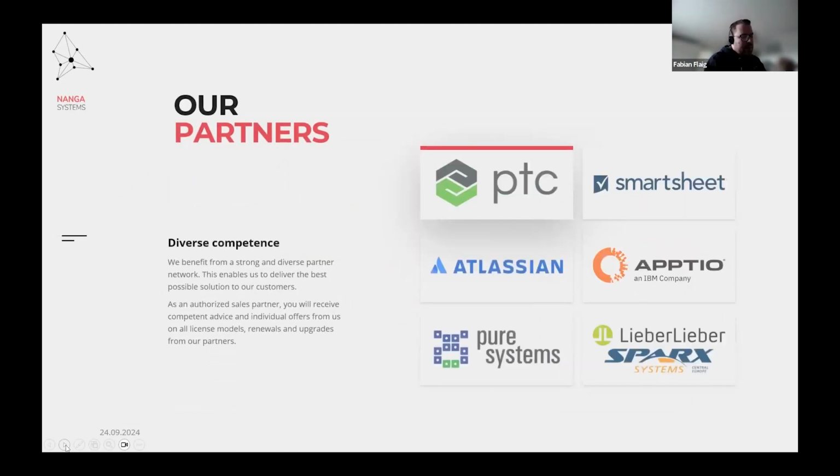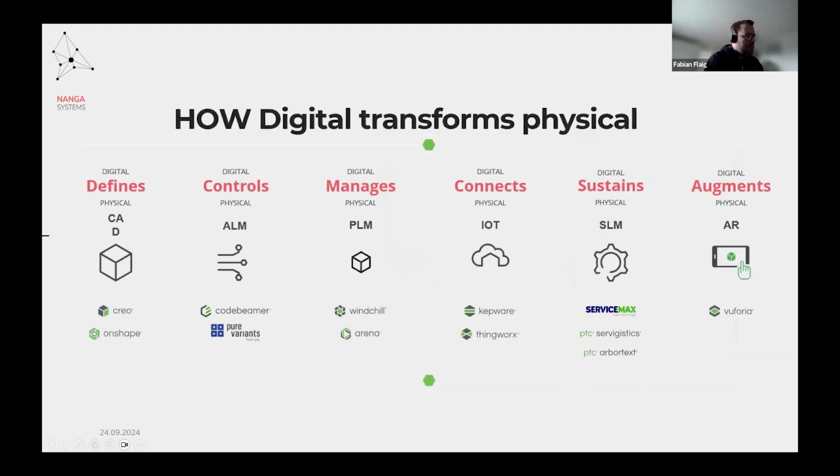Additionally, we also have a lot of partners, mostly to have a broad, diverse competence in multiple different tools. And we're not only PTC partner, we are also partner of Atlassian. We also have knowledge in Smartsheet and Apptio, also in Pure. That's why we're here, and also in many other areas and many other topics. That's where we are coming from, as PTC is one of the most important ones till now. That's why we're here now together with Yash, who's been around now with pure variants for a long while, and